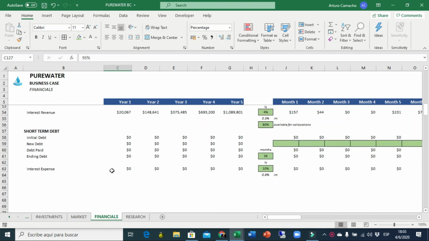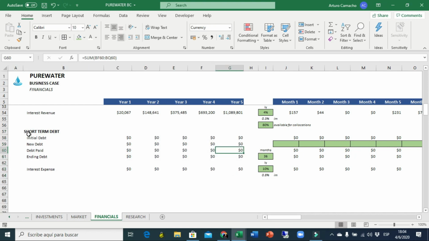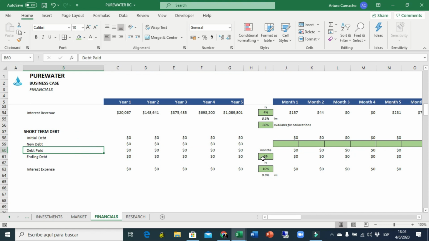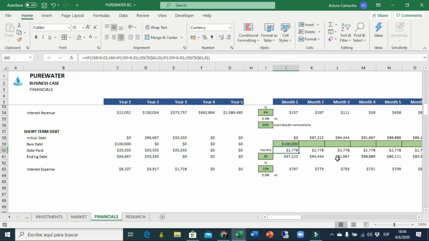Okay, after the cash flow, then I have the debt that I need to pay, or the loan of the bank. It's just a simple section of my financial sheet that will help me calculate when I pay the debt. Let's put an example. We ask for $100,000. Here's the debt that I pay. Here's the initial debt, of course, begins with 0. The new debt then with the